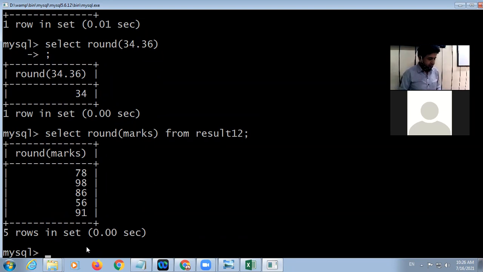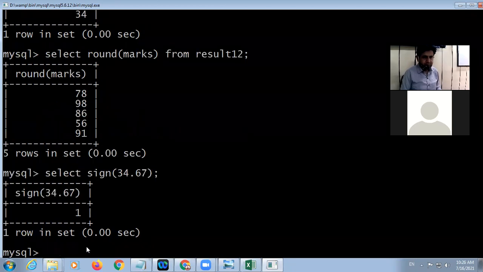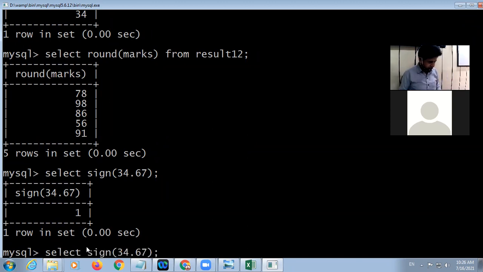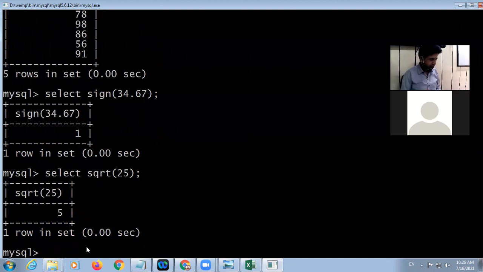Next, we can apply mathematical functions. We can apply square root, SQRT, square root of 25 is 5.